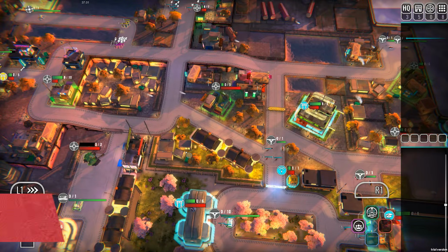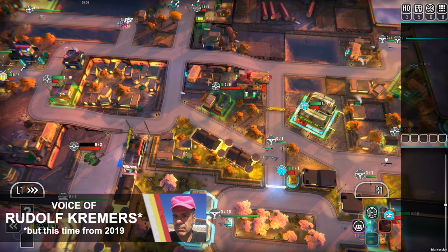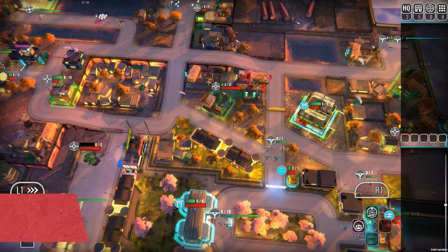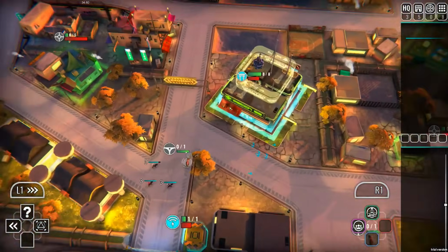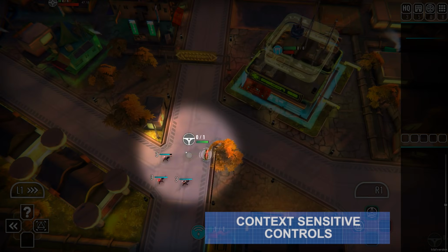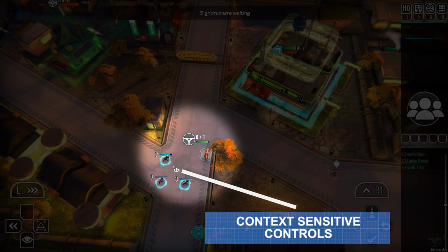The mechanic or the user interface option I'm talking about is called the units Radial. The way it works is as follows. So in the game there are shortcuts to different ways to select units. So I could click near a group to select that group. Now with this particular